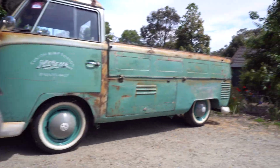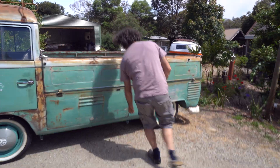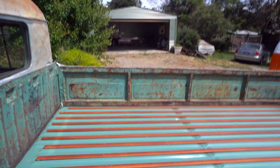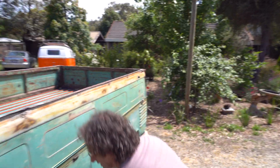So it was pretty much the lower 6 inches? Yep, this part down here was replaced. That little section there was replaced, and then all the bed inside. All the bed? All the bed. The bottom floor as well as the top floor were completely changed. Where the rust... So in here...